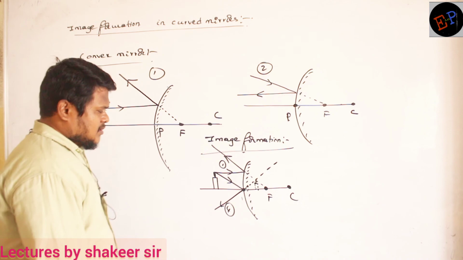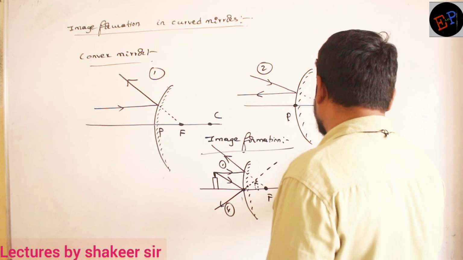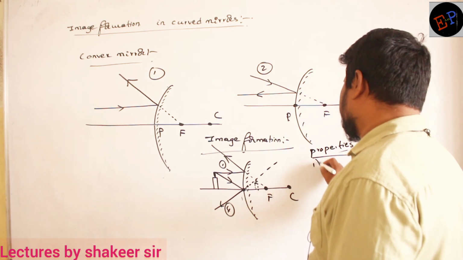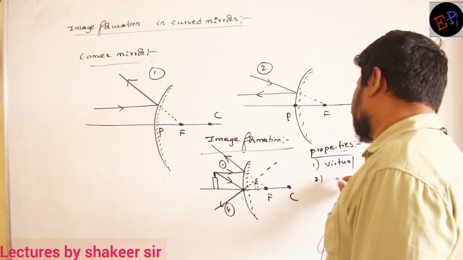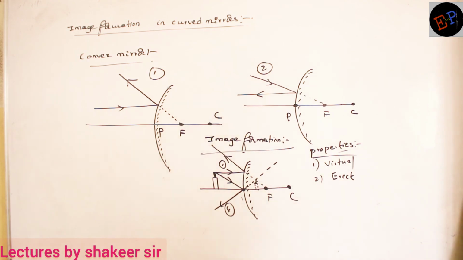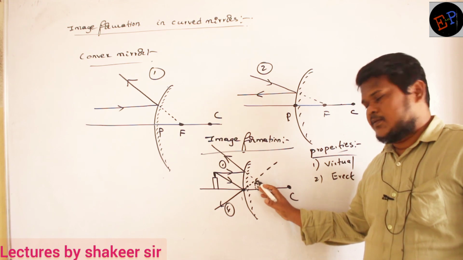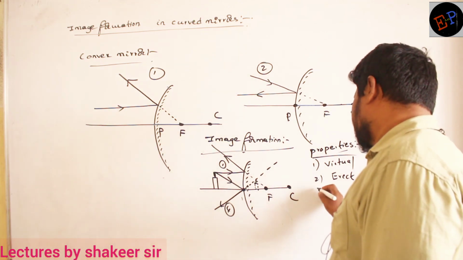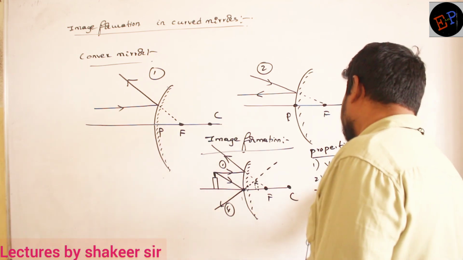Fine. Okay. So what are the properties of image? Properties of image are, first property, it is a virtual image. It is not a real image. Second one, it is an erect image. It is not an inverted image, no? Because these two light rays are meeting here and they are coming from the top of the candle, no? So here also top will be present, here bottom will be present. Okay. So erect image. Third property, it is a diminished image, no? Size has reduced. Diminished image.